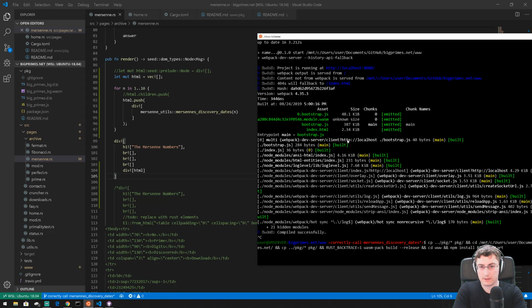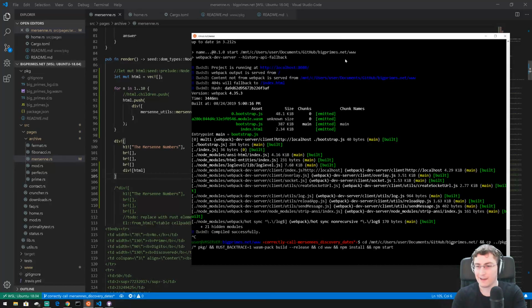Let's go back. Okay, so what this command is doing is it's CDing into the big primes folder and then disappearing off the edge of my screen to confuse me. So yeah, CDing into the big primes folder. Then we are copying. You know what? I think once it's in the big primes folder, we don't actually want that. Then it will copy everything in the package folder into